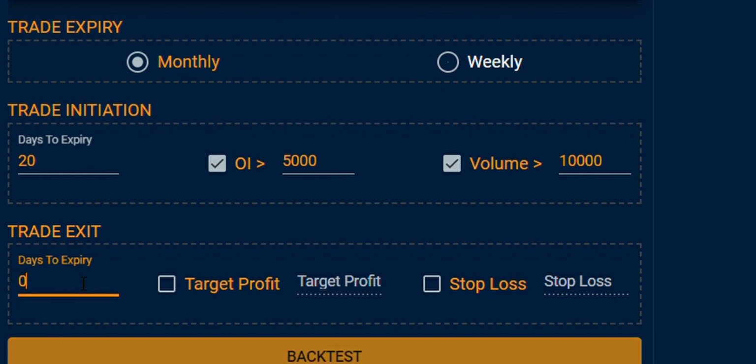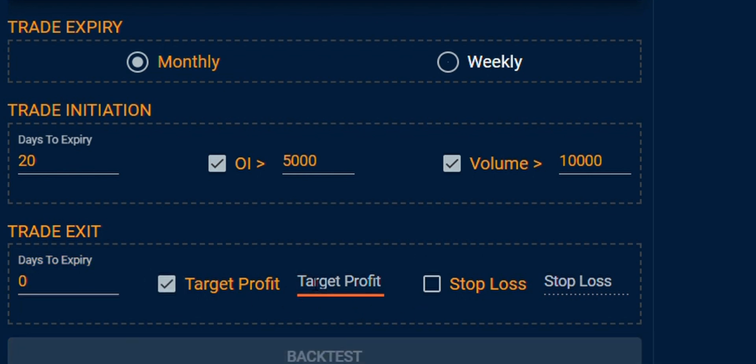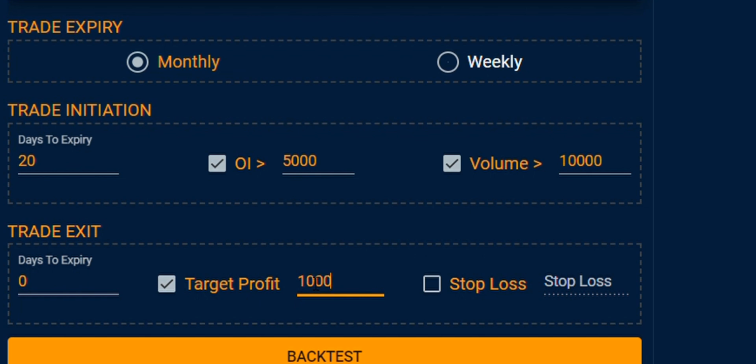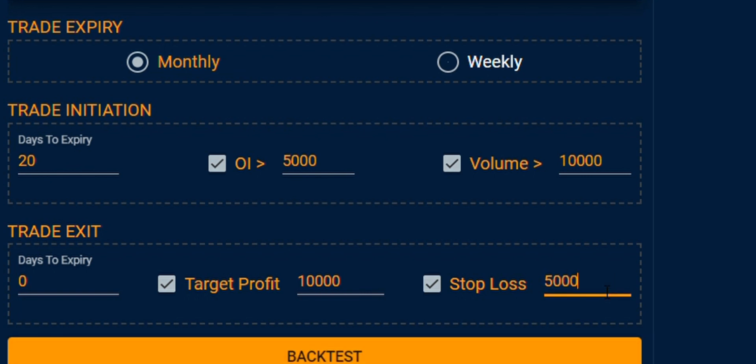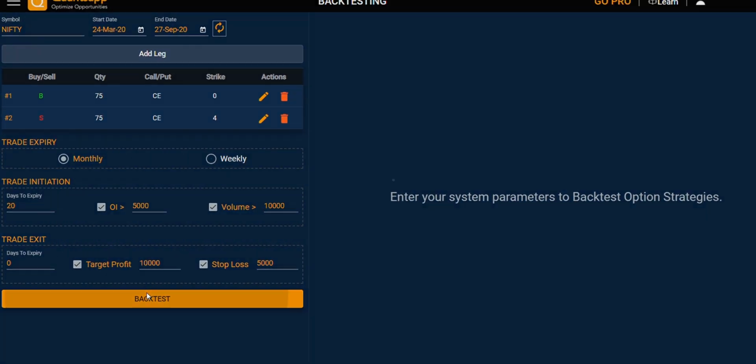So let's take 0. Then you have the additional features, in which you have the target profit and the stop loss. Suppose you have the target profit of 10,000 in each strategy. You can select as per your accordance. Then you have the stop loss, where you want to keep the stop loss for each strategy. This stop loss depends on your risk capabilities. I am taking 5000 as of now. Now, on the basis of the input given to the algorithm, I will backtest my strategy. Clicking on backtest,